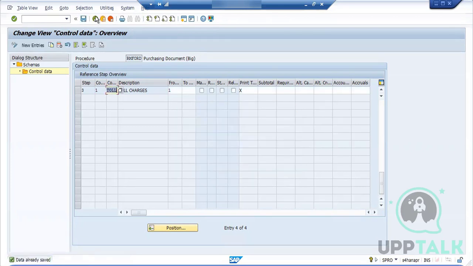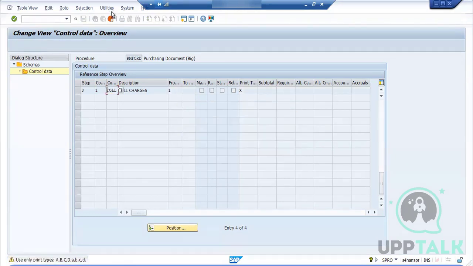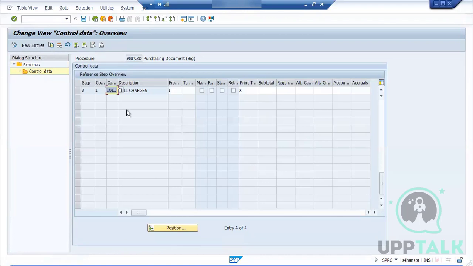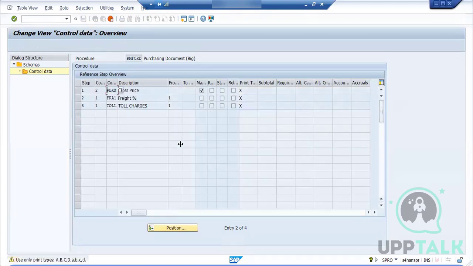It is already saved. Select this one, go to control data. So you can see, if you want this condition,